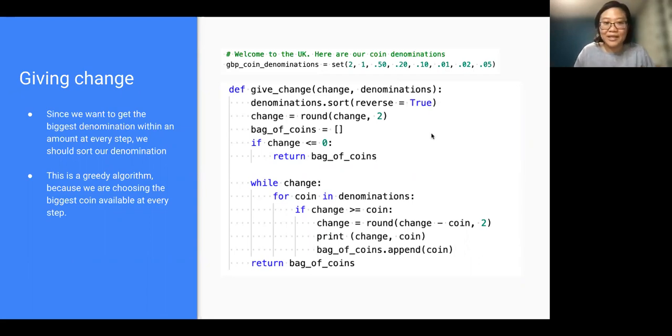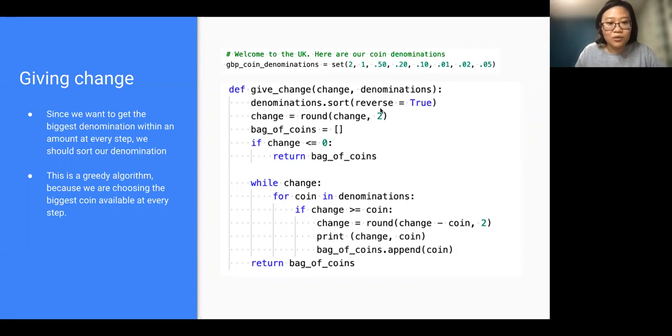If you had a limited amount of coins, say in your cash box you didn't have a 1p, and you had to give, I don't know, 66p in change, then this solution will not work, because you will yield a